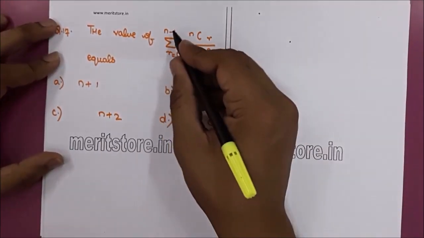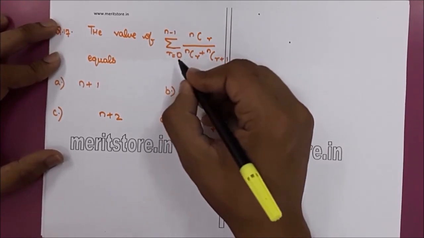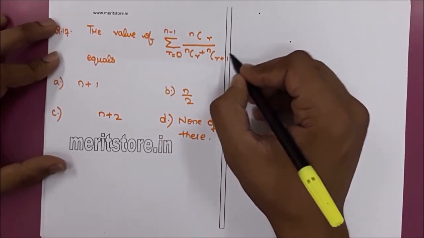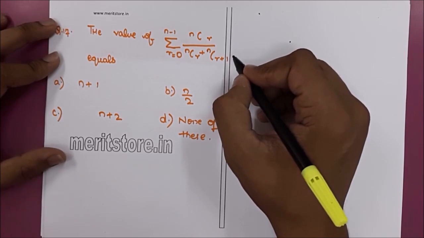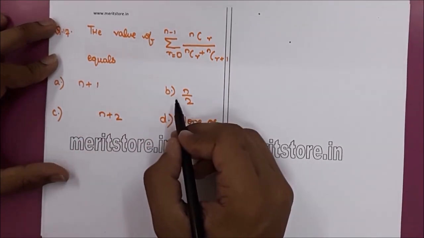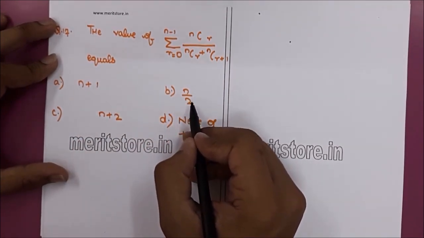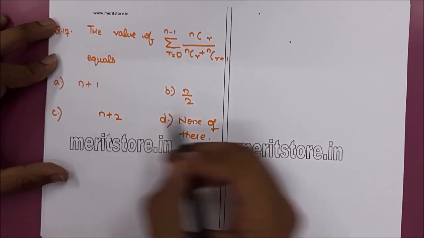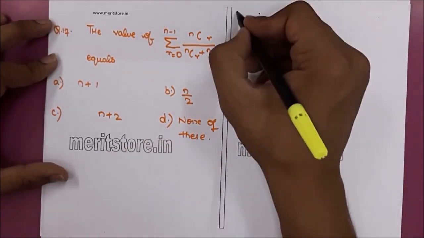The value of summation r equals 0 to n minus 1 of nCr upon nCr plus nCr plus 1 equals: option A n plus 1, option B n upon 2, option C n plus 2, option D none of these. Therefore the solution is